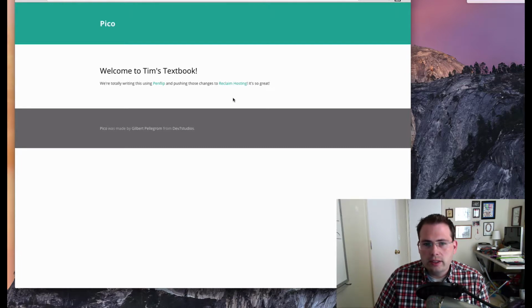All I have to do is git pull, but I don't want to have to log into the server and run a command every time that I'm making changes on Penflip. And so what we need to do is automate that process. So the last thing that I'm going to show you to automate this, we need to go back into my